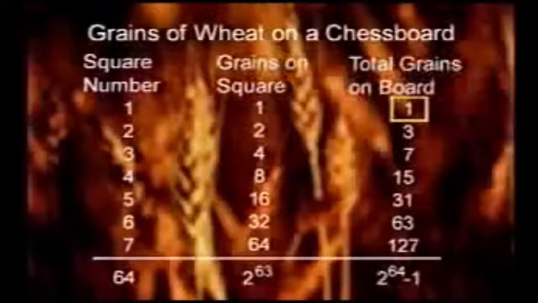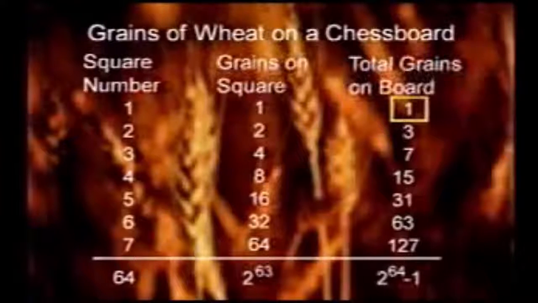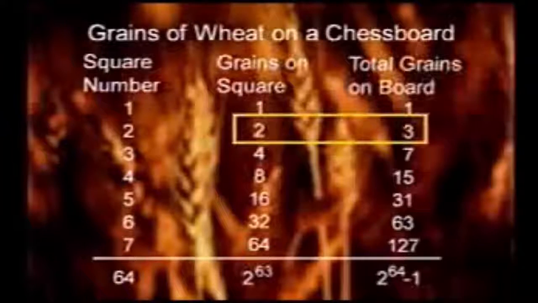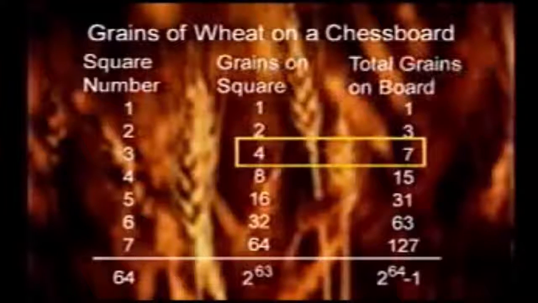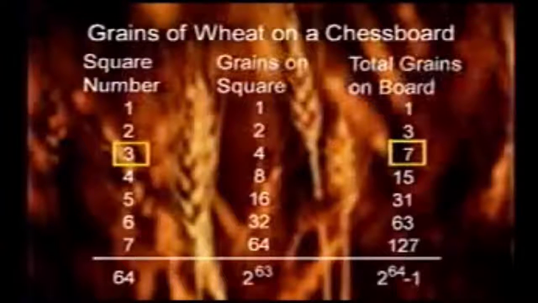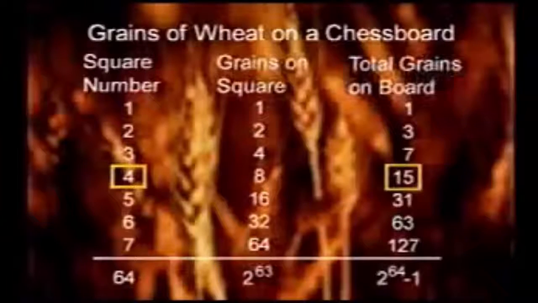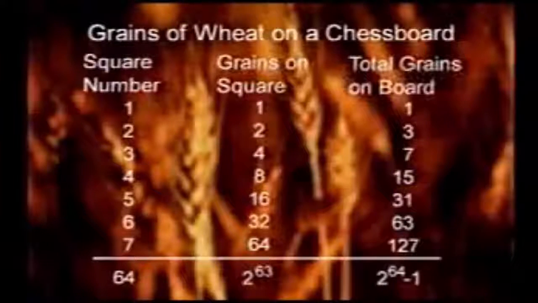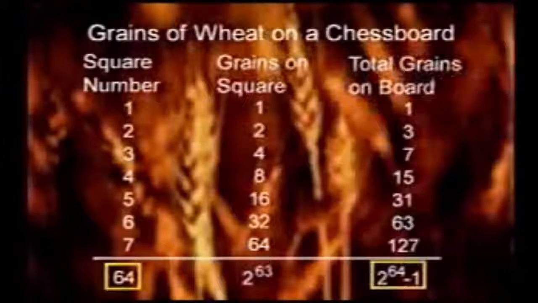Now let's look at the way the totals build up. When we have 1 grain on the first square, the total on the board is 1. We add 2 grains, that makes a total 3. We put on 4 grains, now the total is 7. 7 is a grain less than 8. It's a grain less than 3 2's multiplied together. 15 is a grain less than 4 2's multiplied together. Well, that continues in each case. So when we're done, the total number of grains will be 1 grain less than the number I get multiplying 64 2's together. And my question is, how much wheat is that?